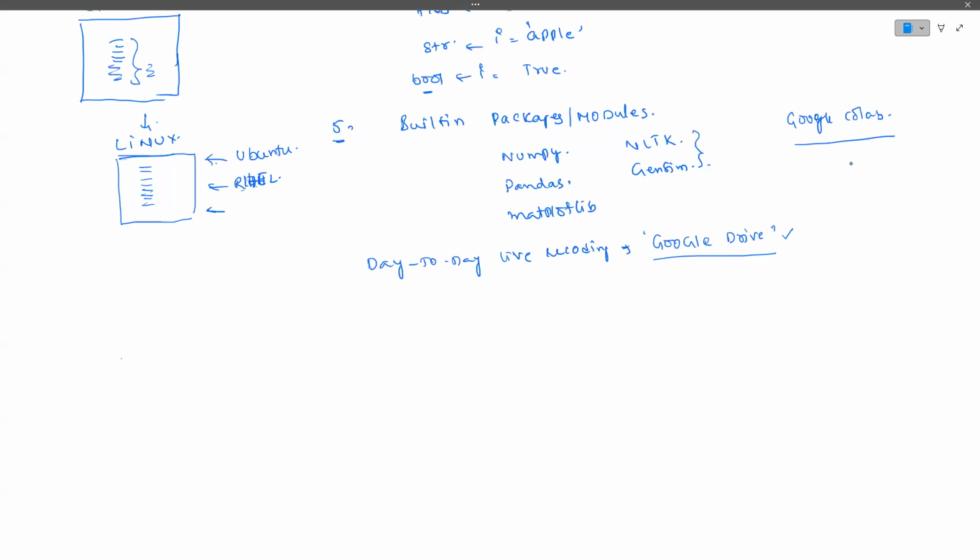Anaconda is a Python distribution. I'll tell you about Anaconda also, and once again how to install it. VS Code is just an editor, but Anaconda is one platform where you can use all the data science related environments and tools together. That is what we call Anaconda. Before installation and usage, I will give you the introduction about it once again.